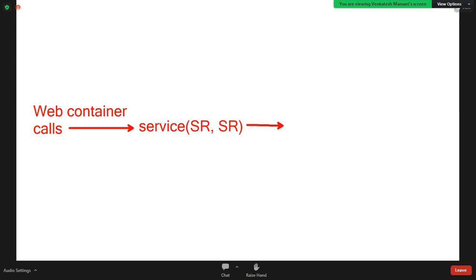This will call the non-lifecycle service. So in this method body, they wrote code to call another service method, which takes HttpServletRequest and HttpServletResponse. Okay. So here,